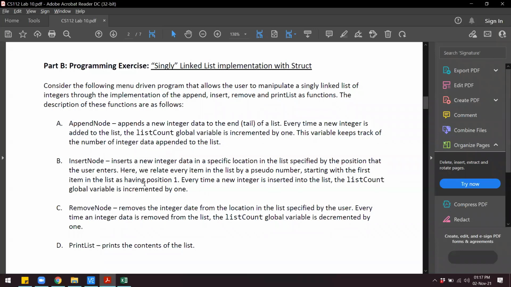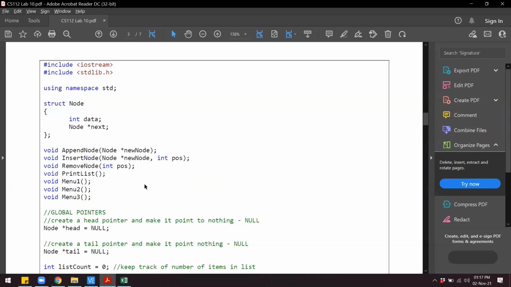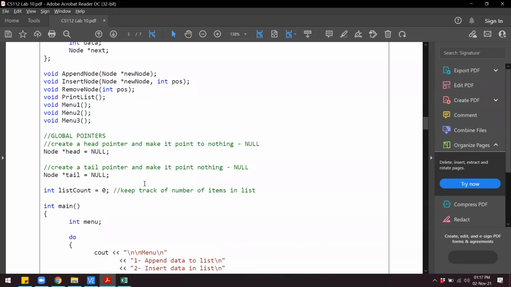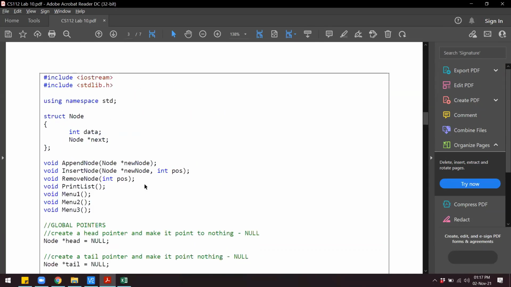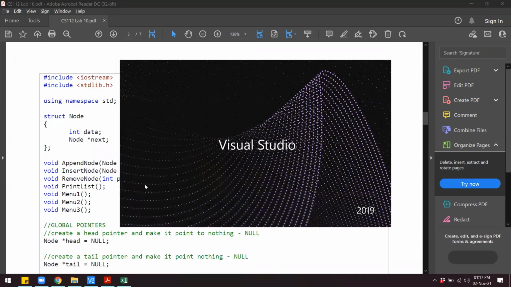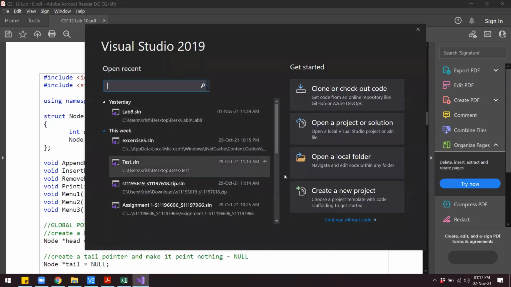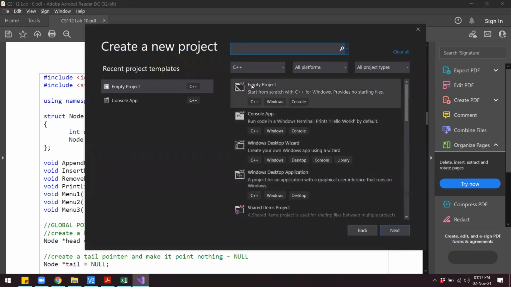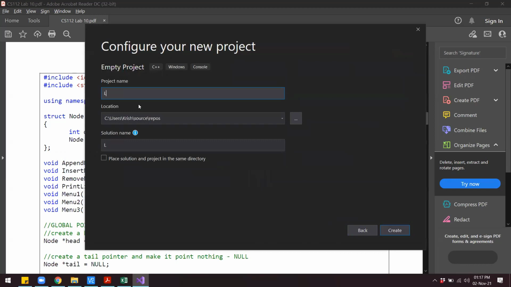And then moving on. There is some code given over here, so what I'll do is copy and paste all of this code in my IDE. I'll open up my Visual Studio, create a new project, empty project. Next, I'll call this lab 10, and I'll save this in my lab 10 folder.